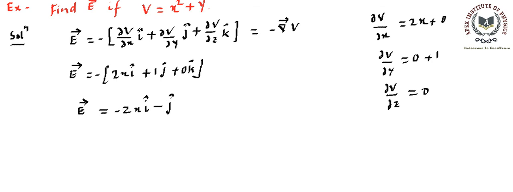So that becomes the answer. This is how we can find the electric field if we know the electric potential in that space. Fine, so that's another example. So we have understood the relation between two fields, scalar field and vector field, and we have talked about certain examples on that. One important point that I'm going to discuss here is